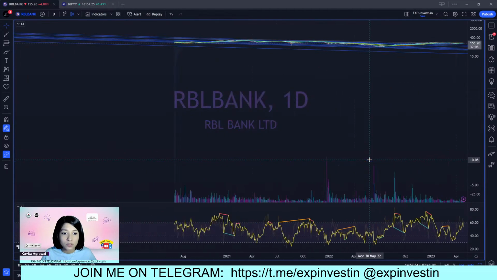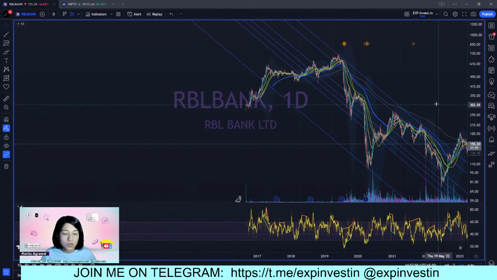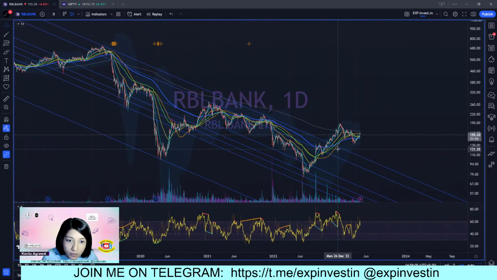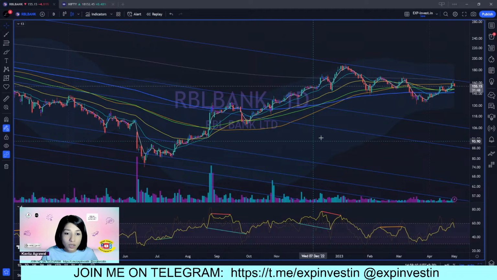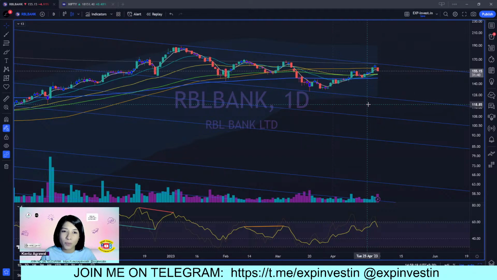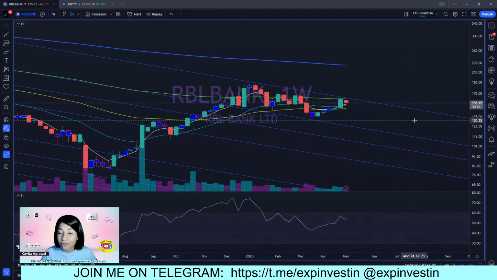Okay, I honestly don't like the chart of RBL a lot. It's just that everyone is not fit for analyzing every kind of stock, because stock price movement is nothing but the cumulative psychology of all the people trading it. So just like how you cannot get along with every person out there, it's not possible to get along with every stock trading on the market.